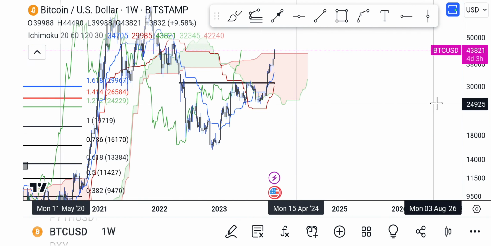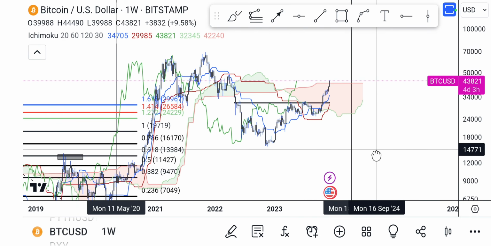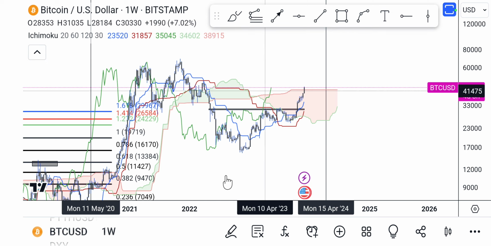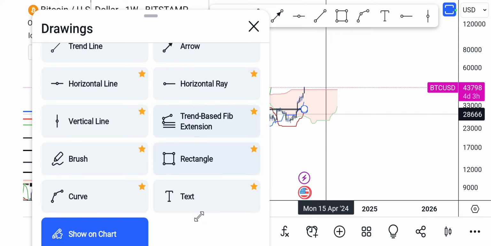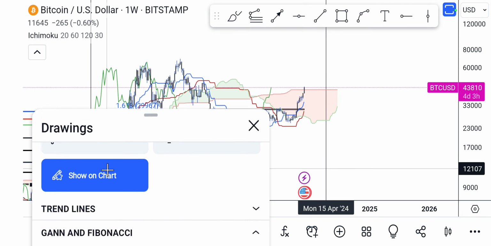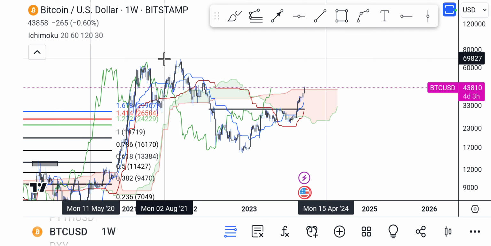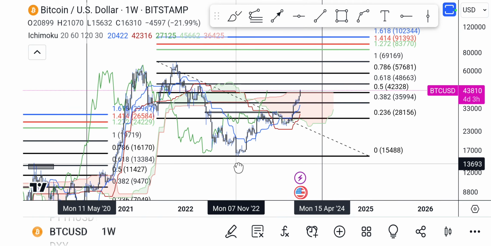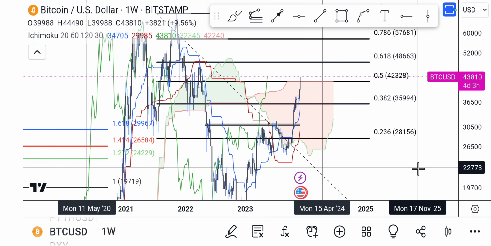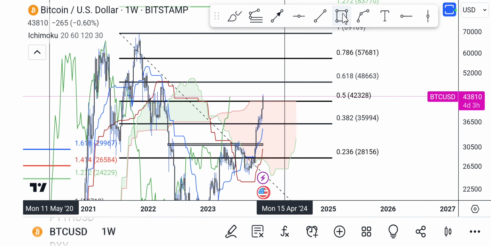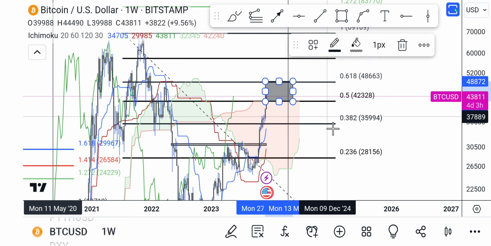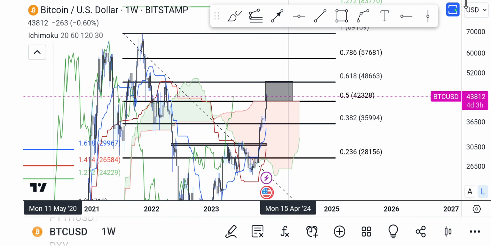So let's take a look at the current move now. From this high, got this high, which is 69. So we're going to take our fib retracement, not the extension. So from this high, we drag it to this low here. Then we should be able to mark the 0.618 around here. So if I'm to take the range, I would say from